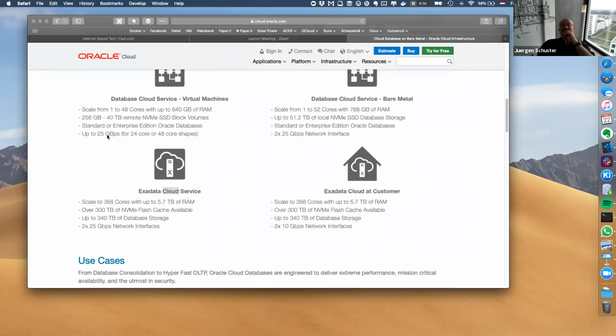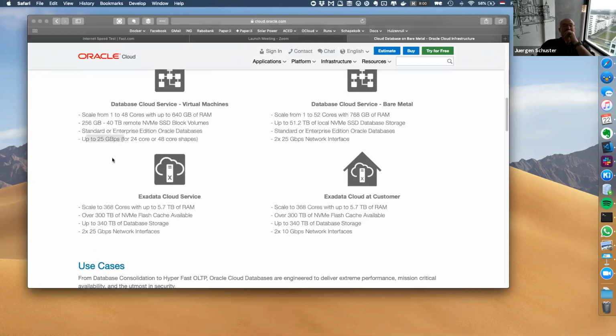Exactly. So, for instance, up to 25 gigabytes per second, and I would say, yeah, I have no clue. What would I need? Is 25 enough, or do I need 2 times 25 gigabytes? I have no clue. So this is very technical information. This is the same thing